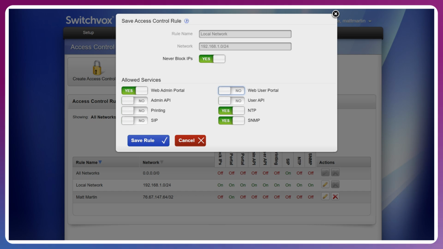In this rule, never block IPs is toggled to yes, which means that no local IP addresses will be banned. That could either be failed login attempts to the web interface, or it could be SIP phones attempting to register that trigger an IP ban. Those are disabled. What's allowed here are web admin portal access, NTP, SNMP services, but we'll also want to enable